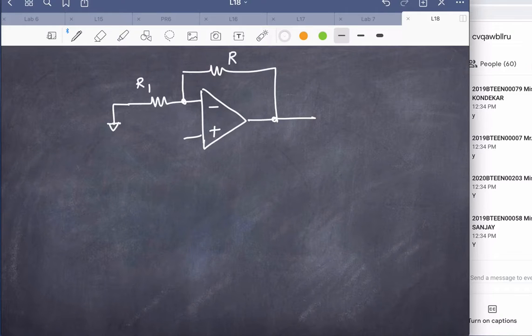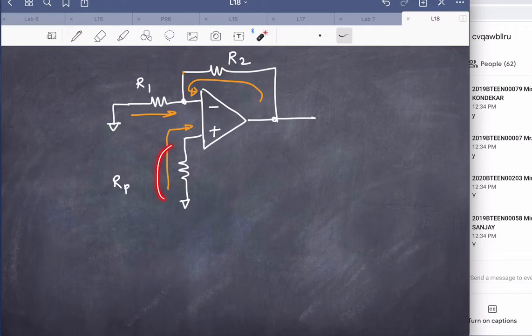R1, R2. R1 is contributing bias current this way, R2 is contributing bias current this way, and there will be also bias current through one more resistor called Rp if it is added. So that current will be like this. Okay. So in this case, effect of Rp and effect of bias current because of Rp, and effect of bias current,